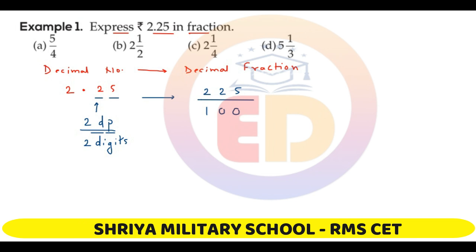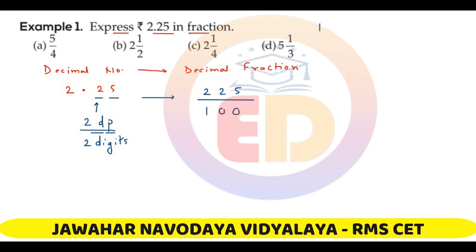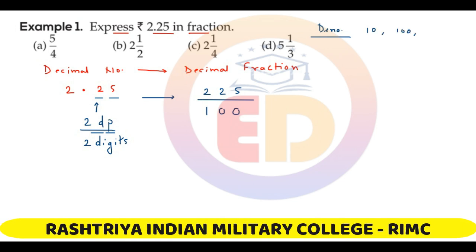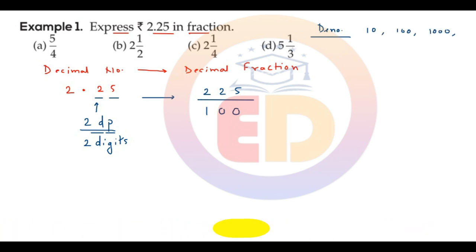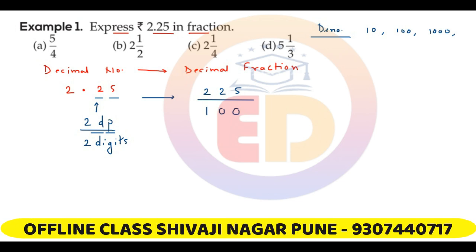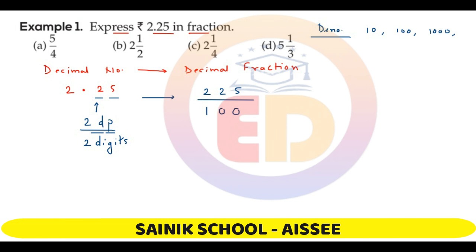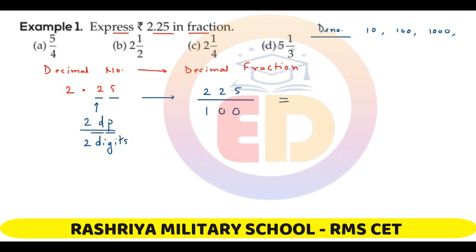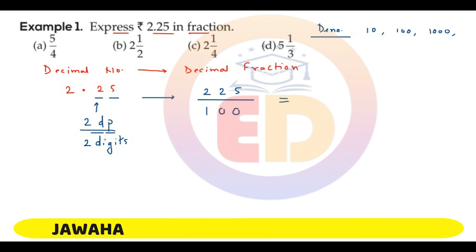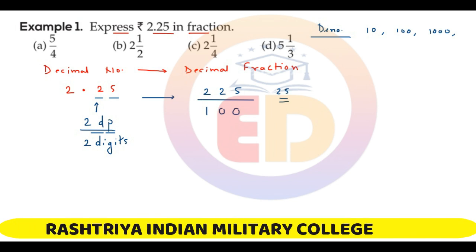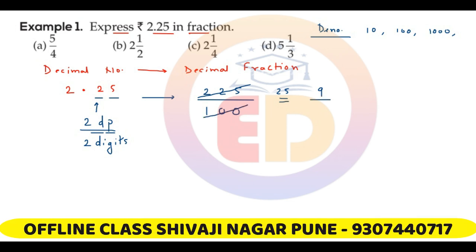Now remember, a decimal fraction is a fraction whose denominator is 10, 100 or 1000 or 10,000 or any power of 10. So right now my decimal fraction is 225 upon 100. And remember the rule of fraction, always convert the fraction into the lowest form. Both 225 and 100 can be divided by 25. 225 divided by 25 will give me 9 in the numerator, and 100 divided by 25 will give me 4